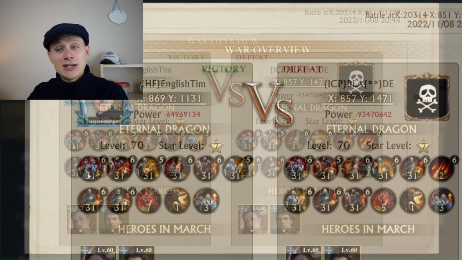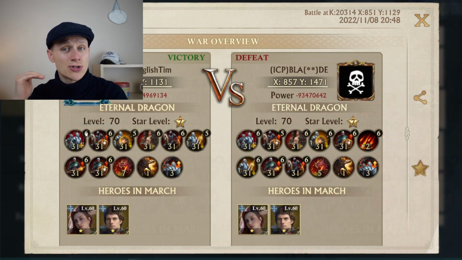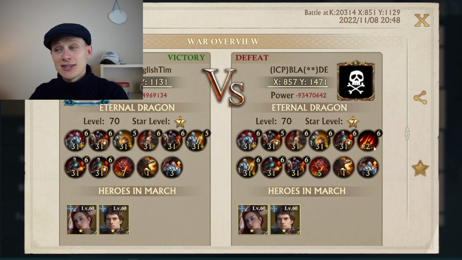The number inside the circle is the level of that skill. The number on the inside of the black circle at the top right is the evolution level for that skill. You can also see if they've got any skills that you don't have. The more they've got, the more powerful they probably are. You can see this player had the Rain of Fire up to level 2, and I had no Rain of